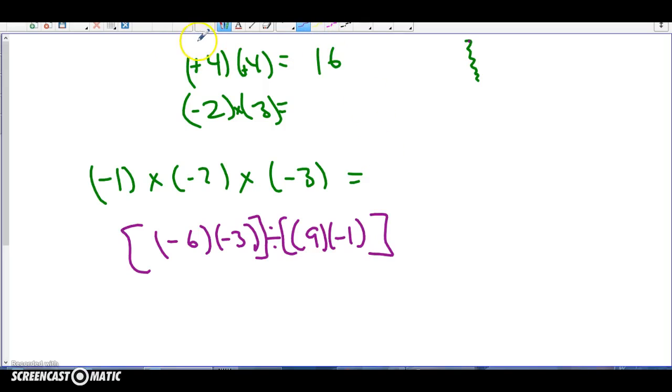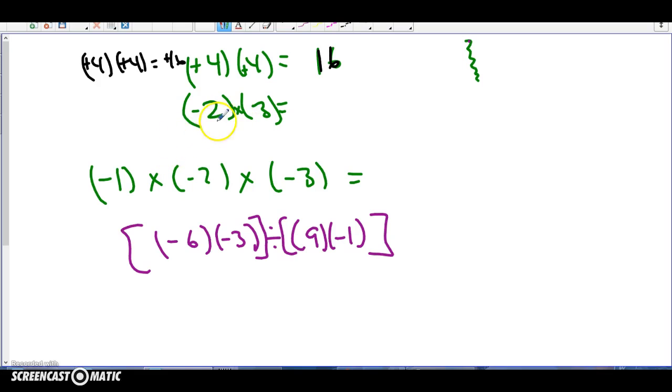Okay, guys, Unit 1, Activity 5, we're looking at multiplying positive and negative integers, and some basic rules. So, we know this: 4 times 4 is 16. Really, if you want to put signs here, that's plus 4 times plus 4 is equal to plus 16. And many of you have done this before, a positive times a negative, and